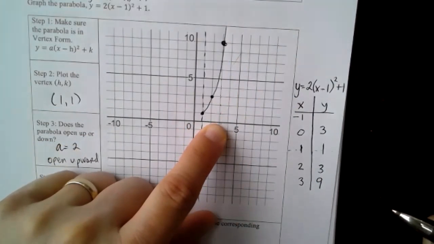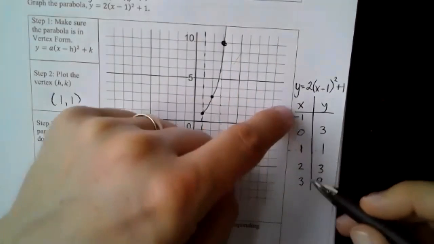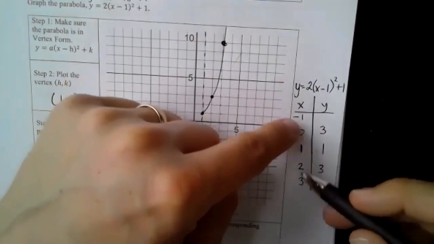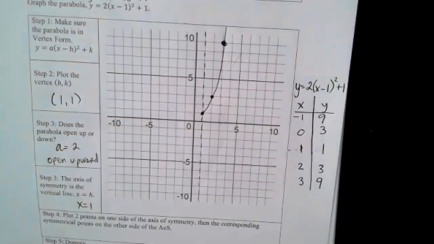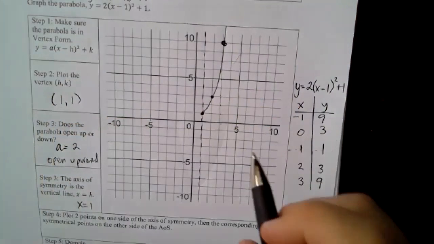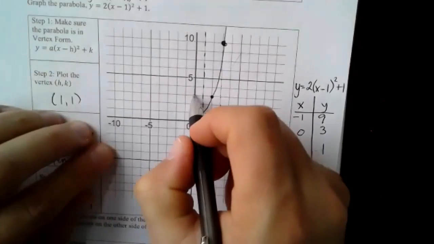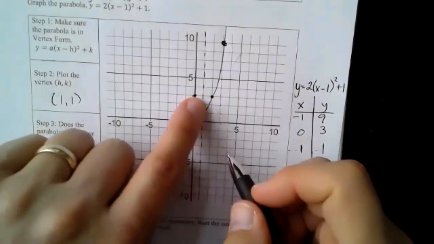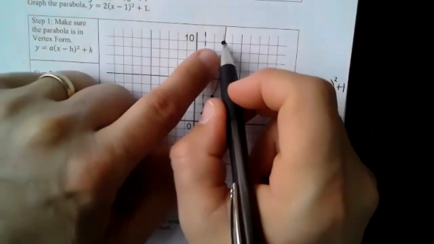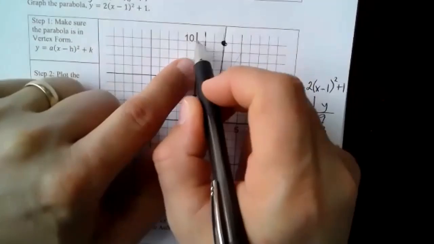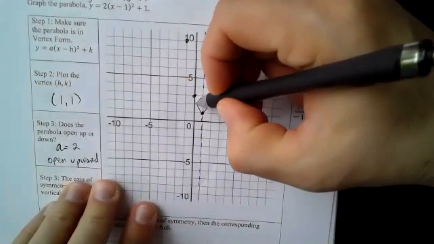And then now if you'll notice here, this is a mirror image. These are equal distance away from the center. So I can go ahead and assume that that's going to be 9 there. So I'm going to go ahead and graph these other 2 points. It should be like a mirror reflection across. So you can just think of it like a mirror reflecting across the middle here. And then this one's 2 away from there, so I need to go 2 this way. All right. So if I spread this out,